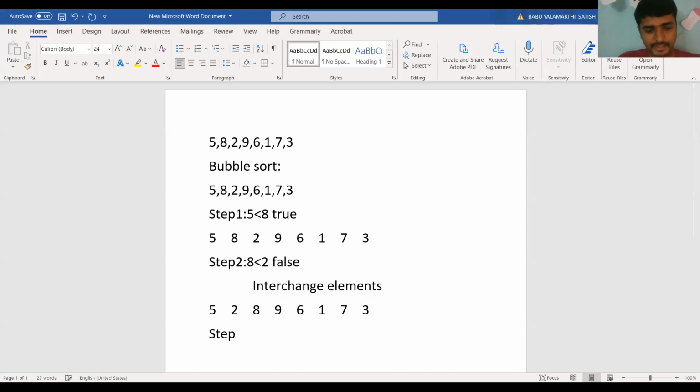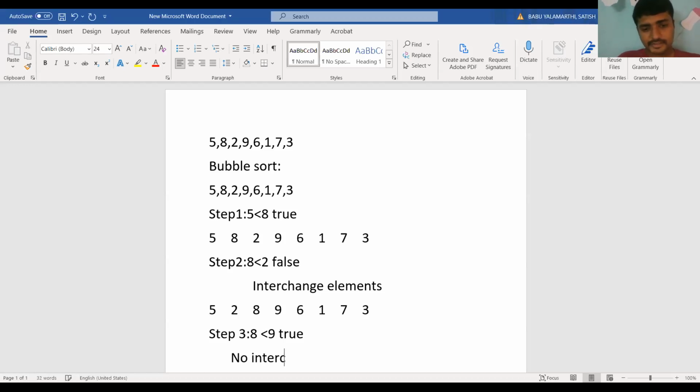Step 3. Compare the next two elements, that is 8 and 9. 8 is less than 9. That means the condition is true. If the condition is true, there is no interchange.